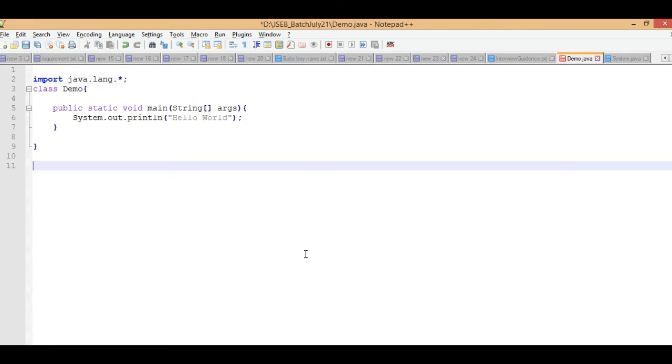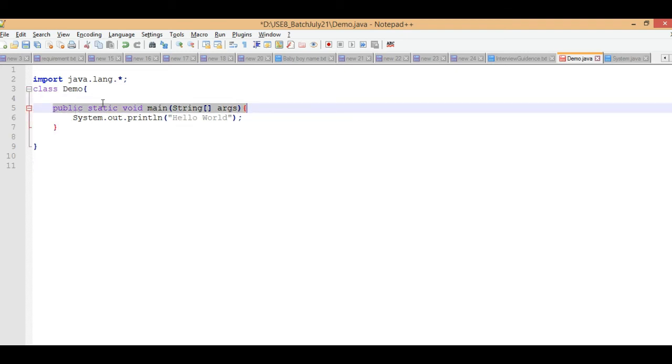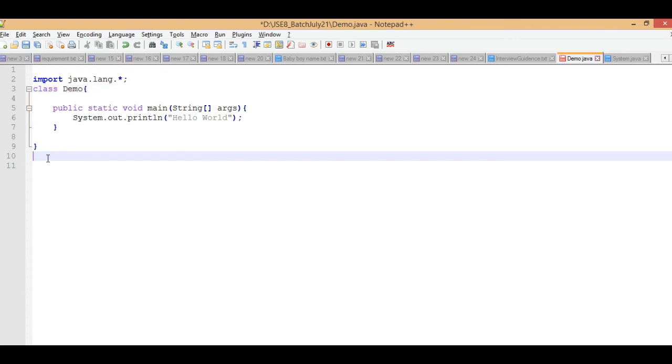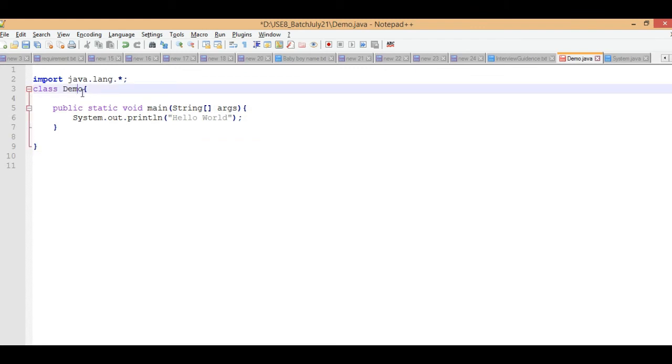Okay, so now again this is very interesting. I would like to know why I am using this pattern to print hello world. This is the class architecture where we define the class, and as per the convention you have to save your file name with the class name.